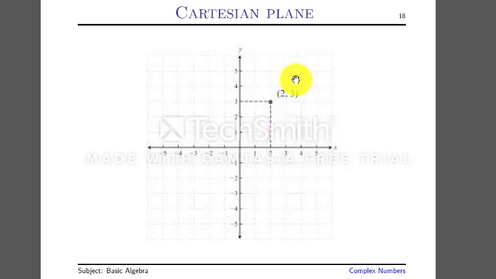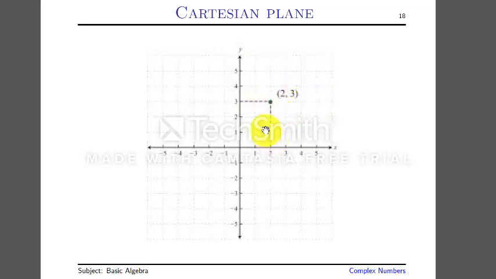This plane has four quadrants: first, second, third and fourth quadrant. In the first quadrant, the x-axis and y-axis are both positive. In the second quadrant, x is negative and y is positive. In the third quadrant, x and y are both negative. In the fourth quadrant, x is positive and y is negative. So this is the point (2, 3), which lies in the first quadrant,